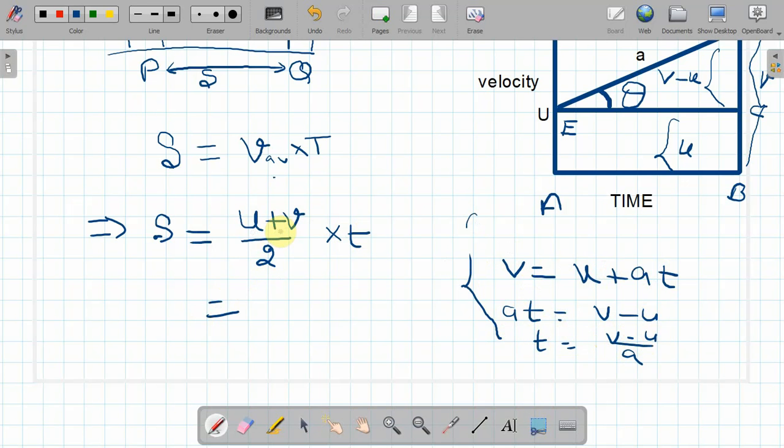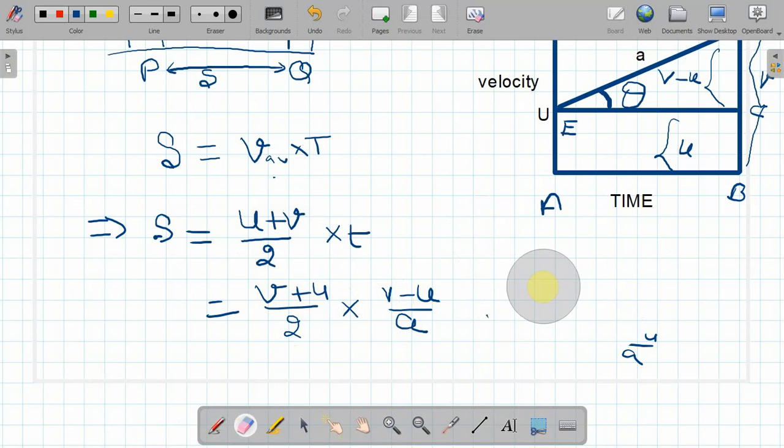So here we can arrange U plus V like V plus U. Both are the same, A plus B or B plus A, whether the numbers are positive or negative, that does not make any difference. This divided by 2 into time, V minus U by A. Now friends, it's a very simple formula. V plus U and V minus U is the most fundamental algebraic formula. If you remember, write in the comment section what that fundamental formula is. The fundamental formula is like this: